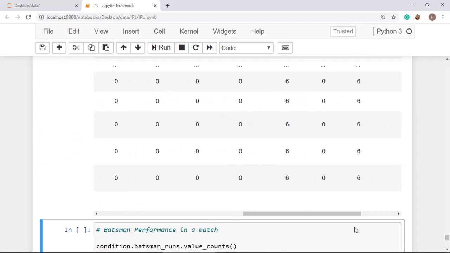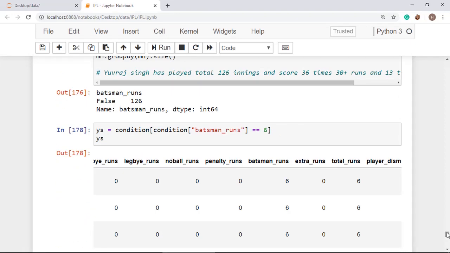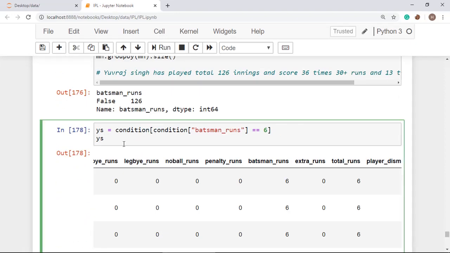149 rows where Yuvraj Singh has scored sixes, and what you have to do is put it here, bias dot value underscore counts, and you will be getting the values of individual matches, how many sixes Yuvraj Singh has scored in a particular match.